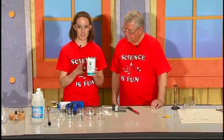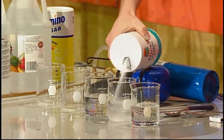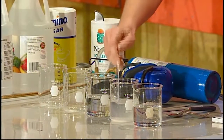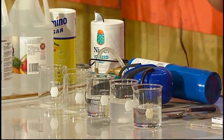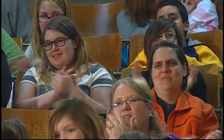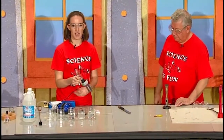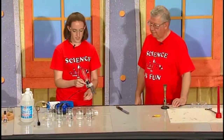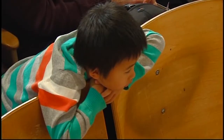So this is your typical kitchen salt. I'm just going to pour a little in. Stir it up to make sure it's nice and dissolved. Let's see what happens. Whoa. Cool. And that lights up because salt forms ions in solution, and those conduct electricity much like the metal does in the knife. So I'm going to rinse this off because you want to make sure that you don't contaminate between